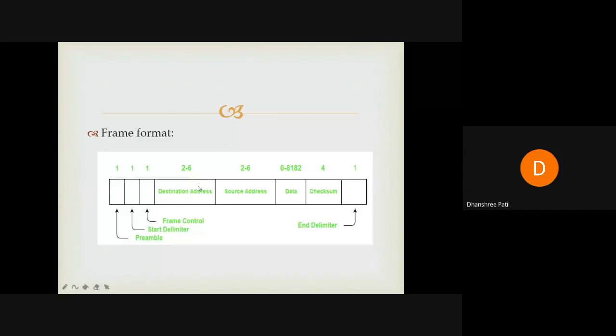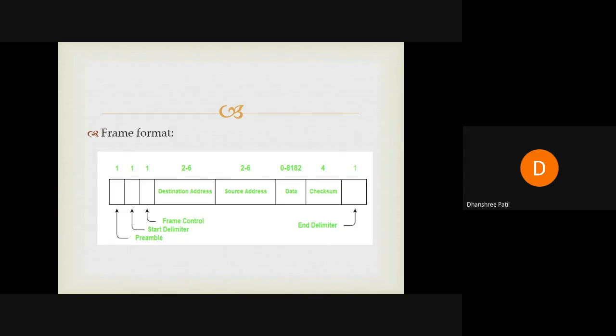Now this is the frame format for 802.4. Okay, so you can see here these are the fields. First is the preamble, as in 802.3. It is also used for synchronization purposes. Some fields are the same. As I told you yesterday, the source address and the destination address, these two fields you may find in every frame format.